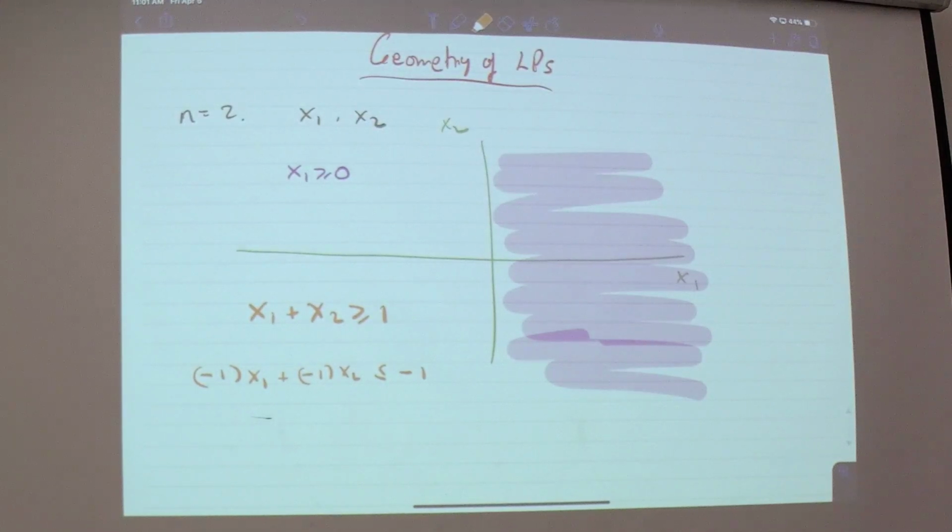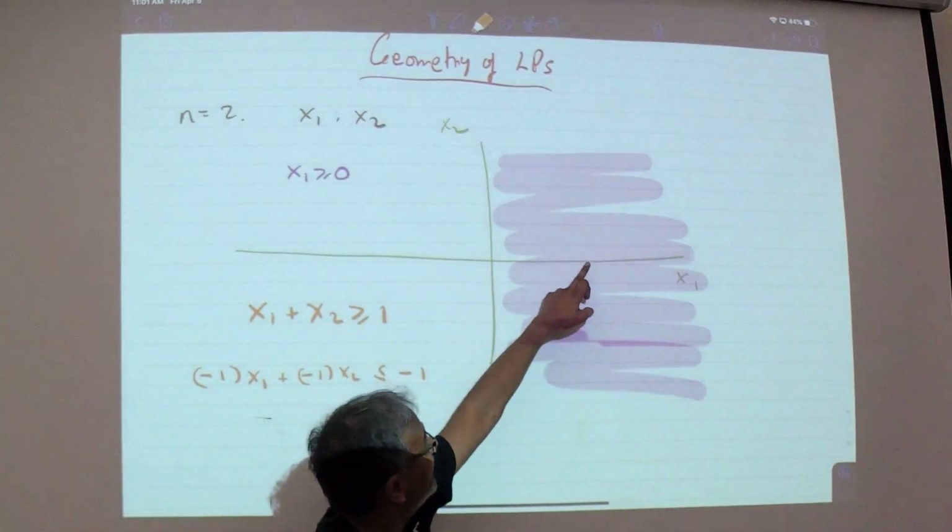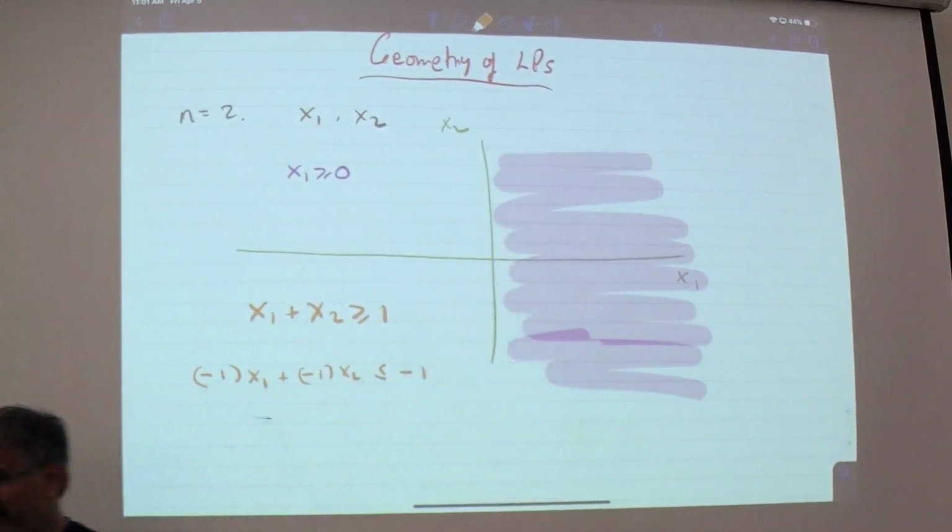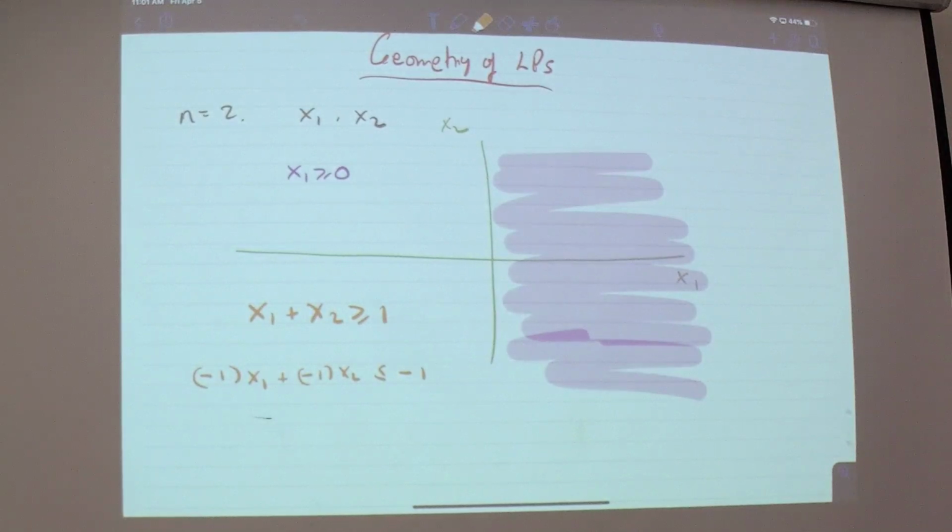So we can think of some values. Let's look at some edge cases. What would an edge case be? Well, x1 plus x2 is equal to 1. So one of those points would be somewhere here. Another point would be somewhere here. But you want it to be more than 1, so it's probably on that side. So it might look something like this. If you think of x1 equal to 1 here, x2 equal to 1 here, there might be some kind of line here. And the constraint is going to be expressed as everything here.